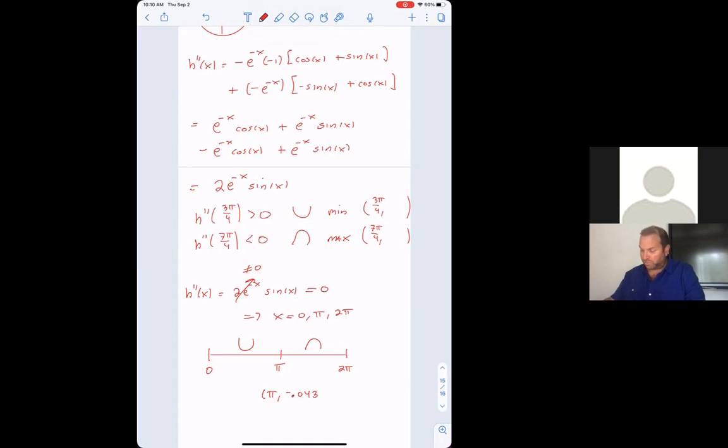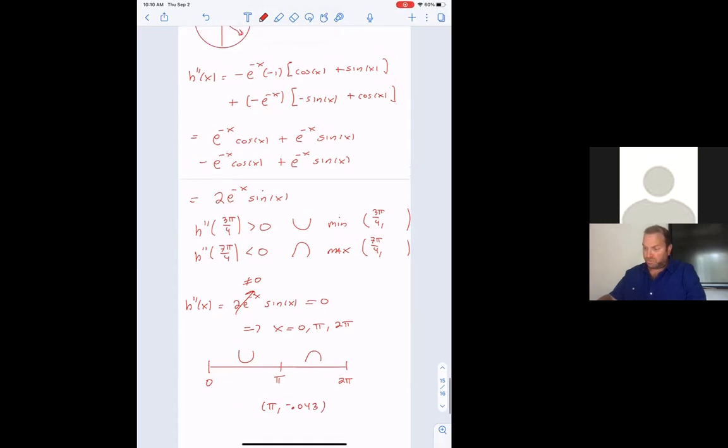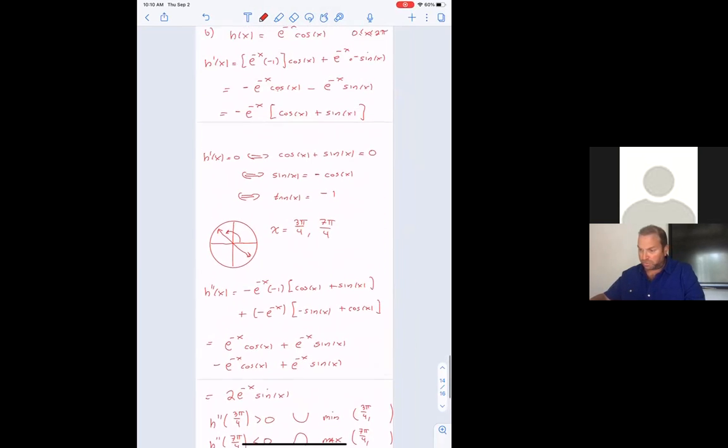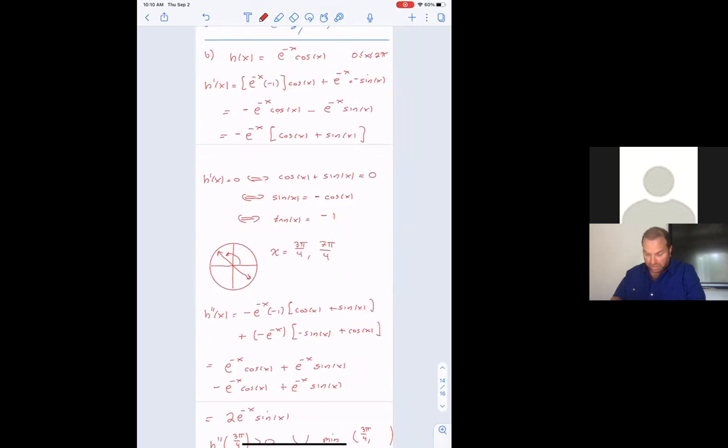Wow, what a mistake that was. And just to go back for completeness's sake to 3 pi over 4, back in the original function, e to the negative 3 pi over 4 times cosine of 3 pi over 4. That would be negative